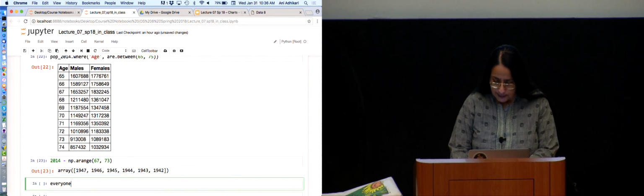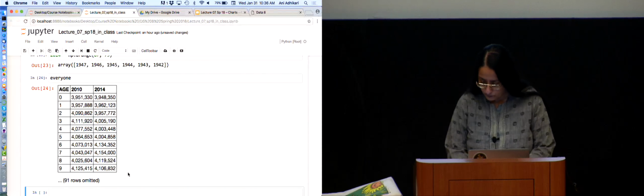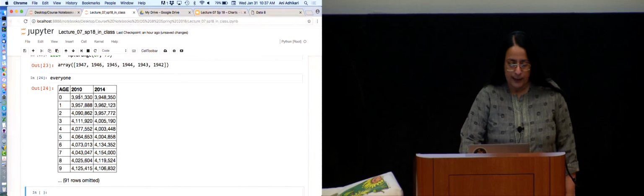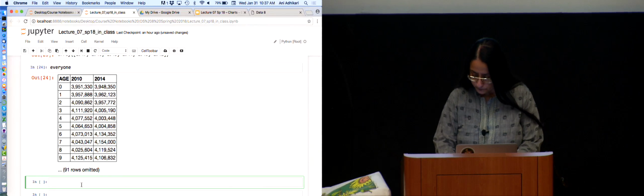We had one data set that had everybody in it. What we're going to look at now is the change from 2010 to 2014. So